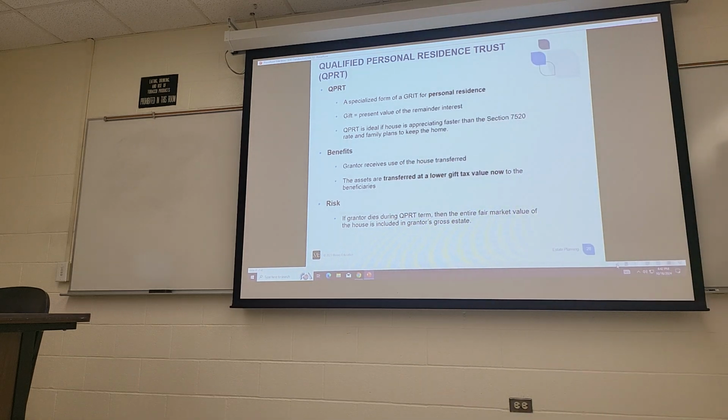Okay, so the idea is, let's just stick with the example. Let's say the house was $1 million. If I give it to my kid right out, then I'm taxed on $1 million as a gift tax, correct? If I use one of these and retain some kind of income, using the same thing that we had a while ago, then the value of the gift that will be taxed is only $300,000. Now, I don't get to escape taxes completely, but I get to reduce my taxable amount. My kid gets the house, and it's removed out of my gross estate.